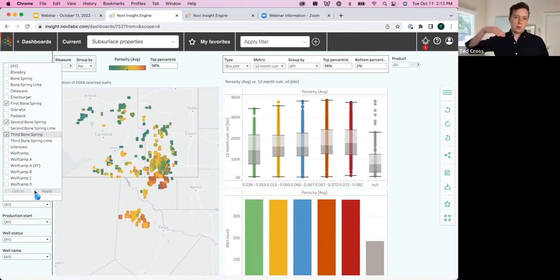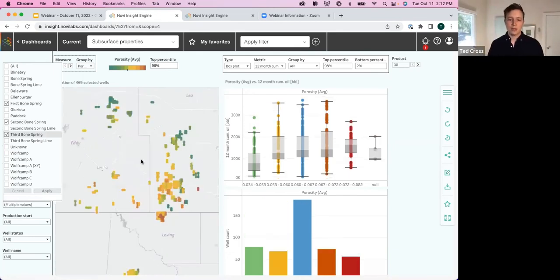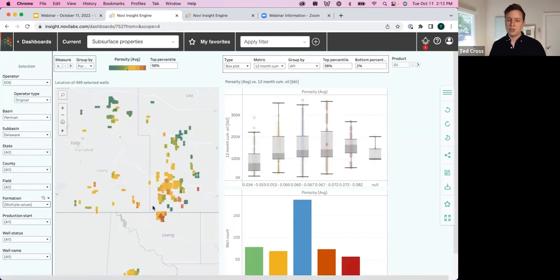So obviously Delaware Basin, lots and lots of different zones that are developed. It's a rather complex basin. But here we can see that porosity enrichment in the Bone Springs and the area that EOG has been developing kind of falls off a little bit as you go over to the other areas. So that's a common little type of workflow that you'd like to use there. Also, all this data is available to run through our machine learning platform if you do want to use it. Just kind of calling that out there.